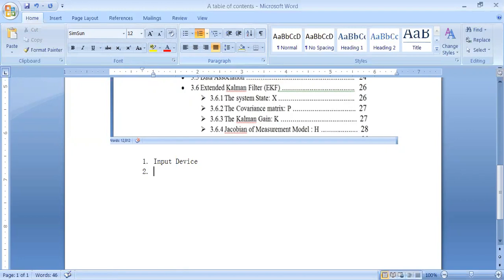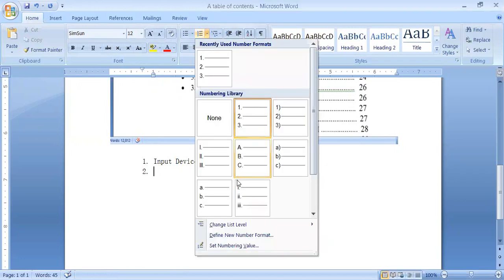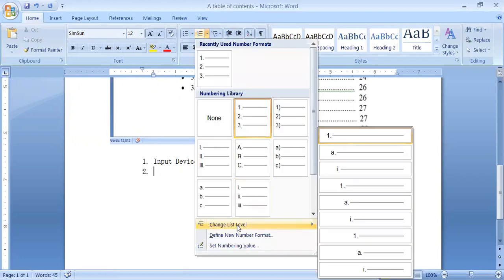But if you have any subtitle under the number 1 topic, then you can click here, and here you can see the option change list label. Change list label identifies that the sections are divided into subsections, and the subsections are further divided into some more subsections. So this is level number 1, this is level number 2, this is level number 3. As you can see, all these levels are indented.